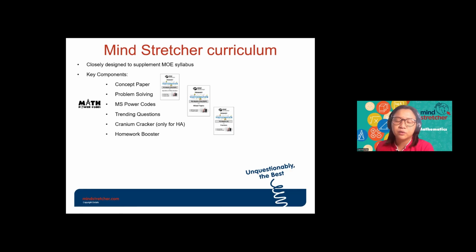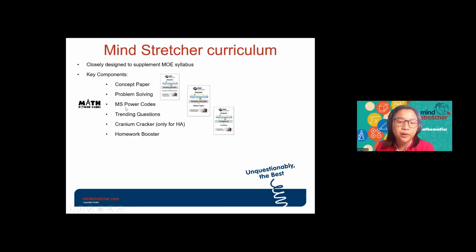With the Power Codes, we teach you techniques, such as how to solve gaps and intervals questions, how to identify and solve the assumption method, when you should apply a comparison or unitary model, and when you should apply units and parts. We will teach you how to read the information from the question, identify the correct technique to use and apply the Power Codes. Like I mentioned earlier, understand every step so you are able to tweak when the question also tweaks.